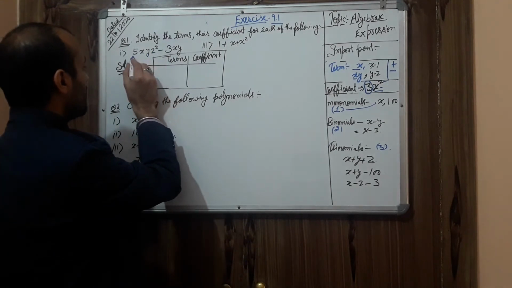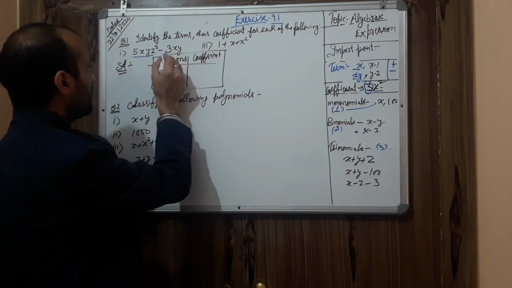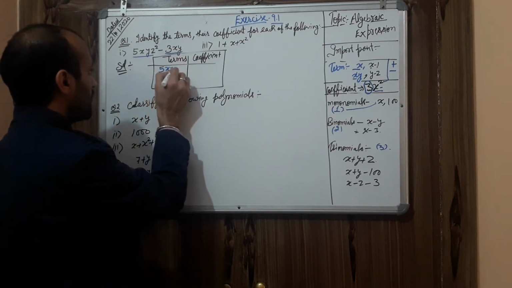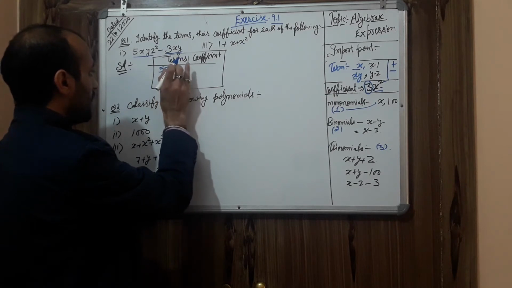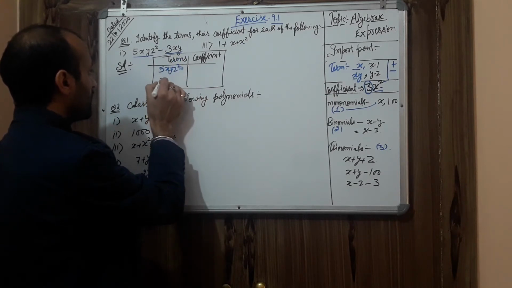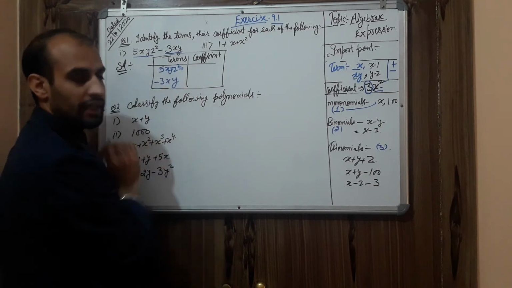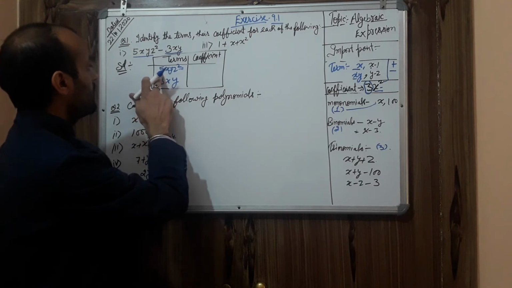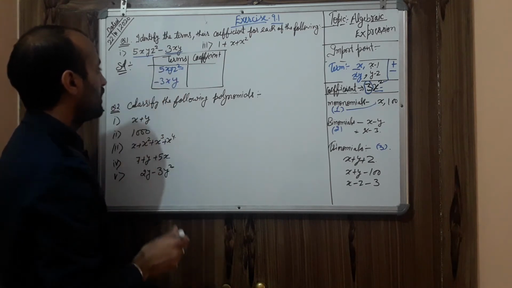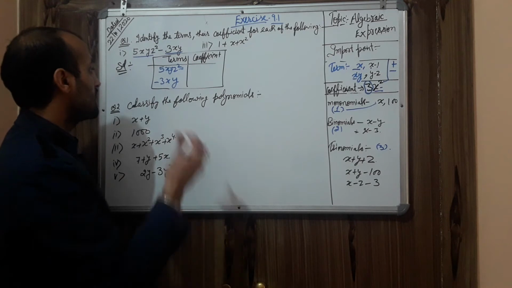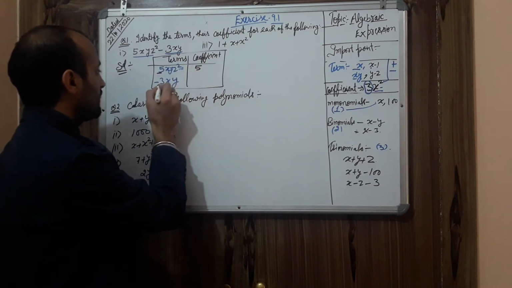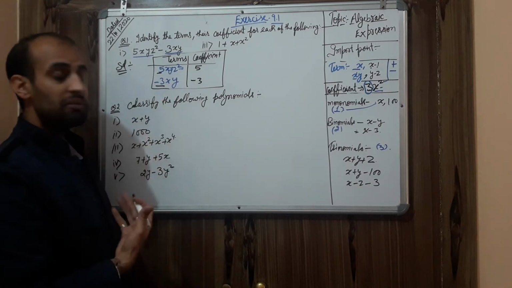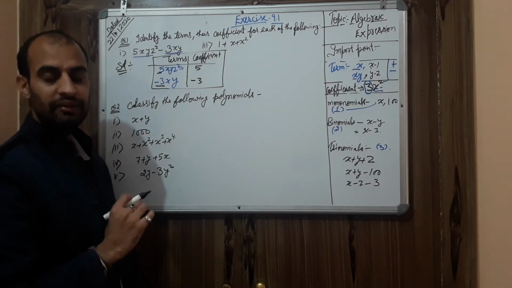5xyz square. They are multiplied to each other, so this is one term and this one is the second. So you need to write first: 5xyz square is the first term and minus 3xy is the second term. So what is the coefficient here? I told you, the number written in front of the variable. So what is written in front of the variable here? In the first part it is 5. So 5 is the answer. Here minus 3 is written first, so minus 3 is the answer. In this way you can calculate terms and coefficient.